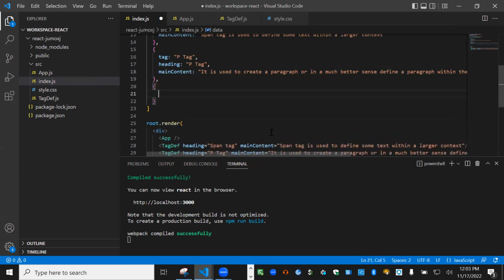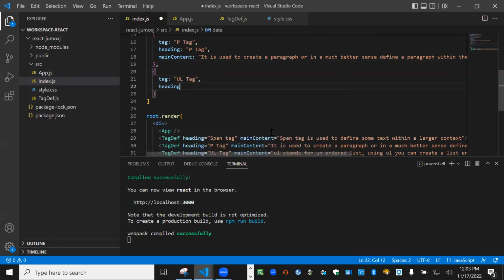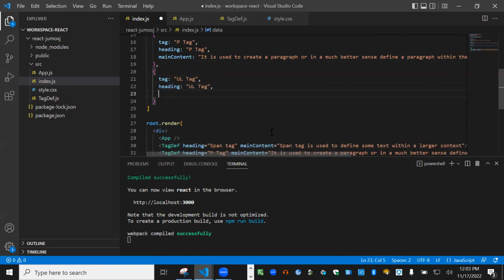Similarly, we use something more here. One more thing is the UL tag. Tag should be UL tag, heading should be UL tag itself, and main content should be